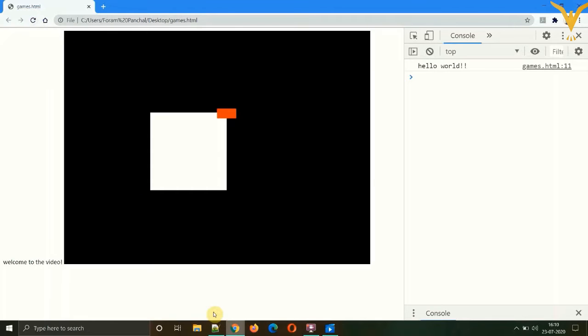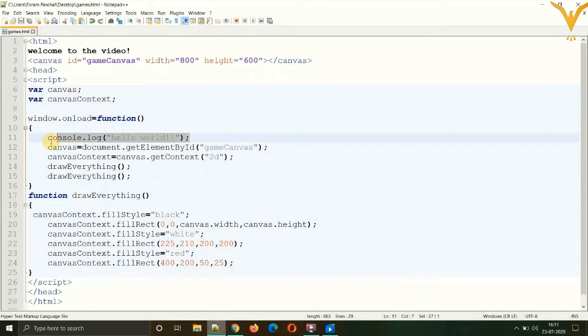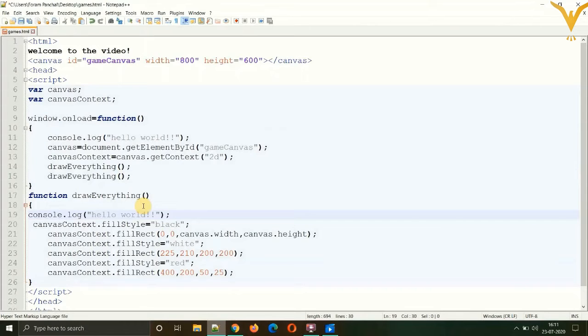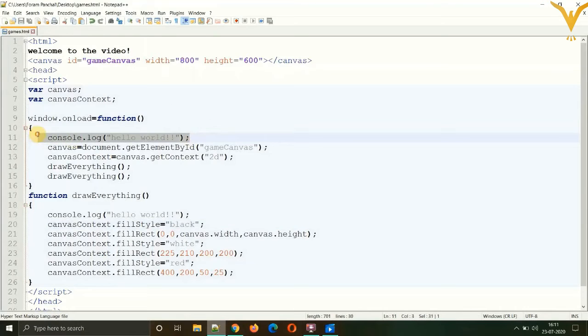So now let's do one thing. Let's place the console statement into the function. So what will happen is it will be called twice whenever the function is called. Pay attention to your indentations. The code should look neat and clean. Save the file and refresh again. So now you can see that your function has been called twice because the words hello world are printed twice. In your console it may be printed once, but there will be a number showing how many times the function is being called beside the statement hello world.